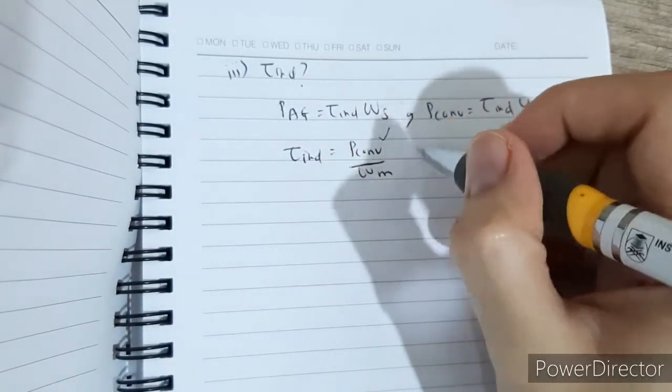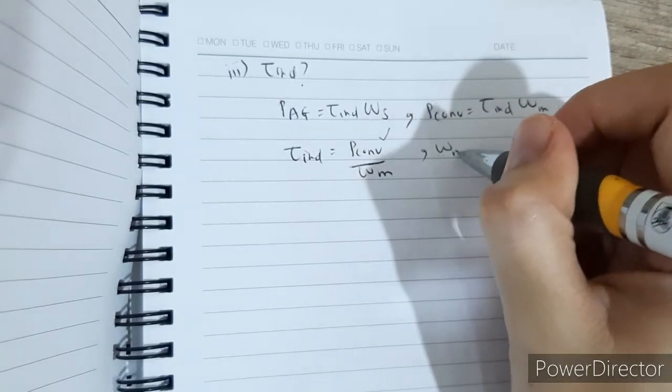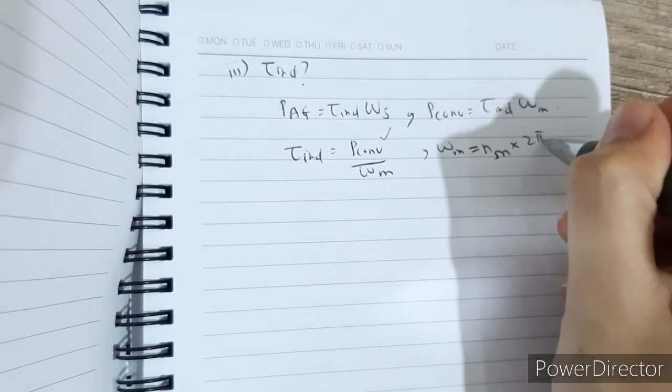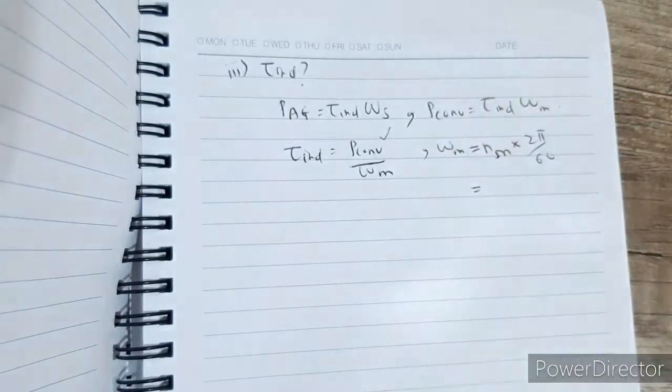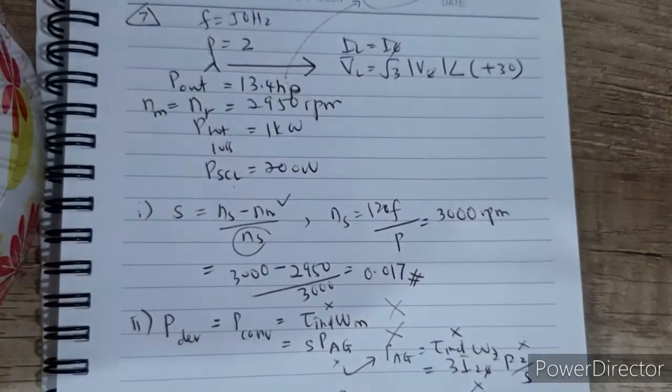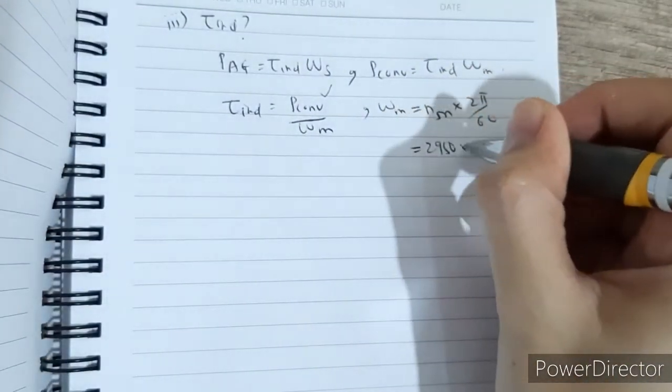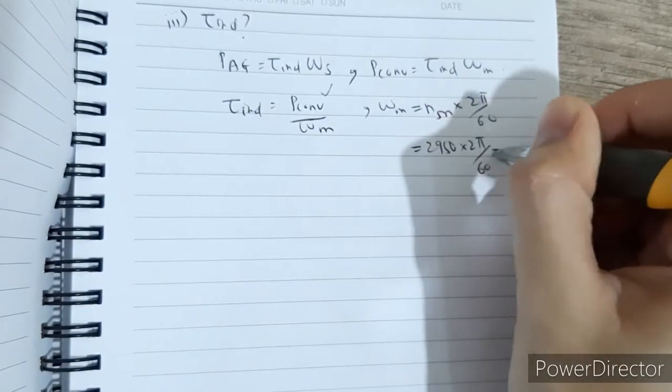Omega m equals Nm times 2 pi over 60. Your Nm is 2950, so 2950 times 2 pi over 60 equals